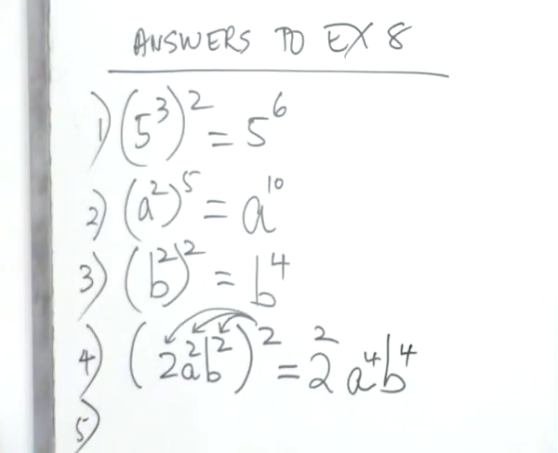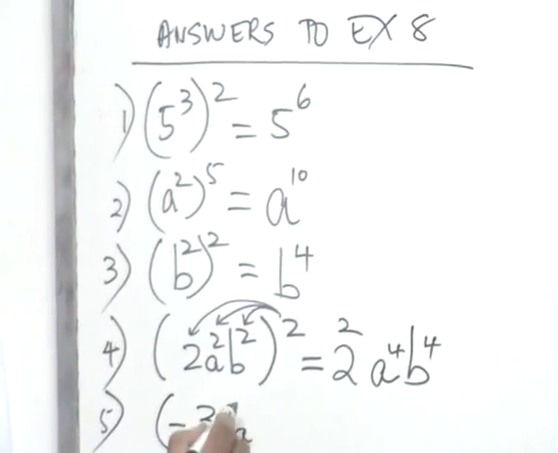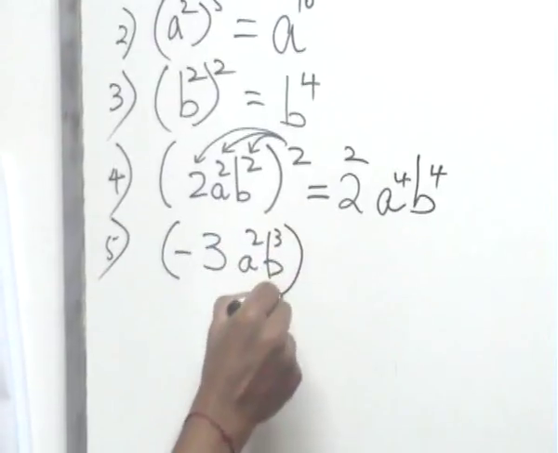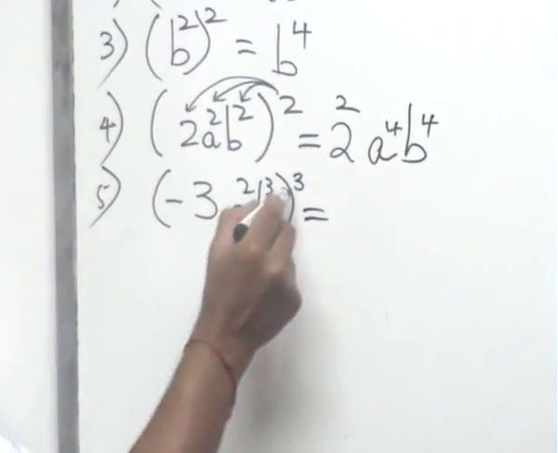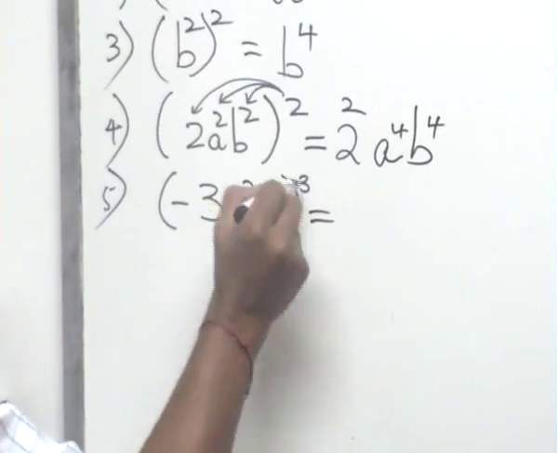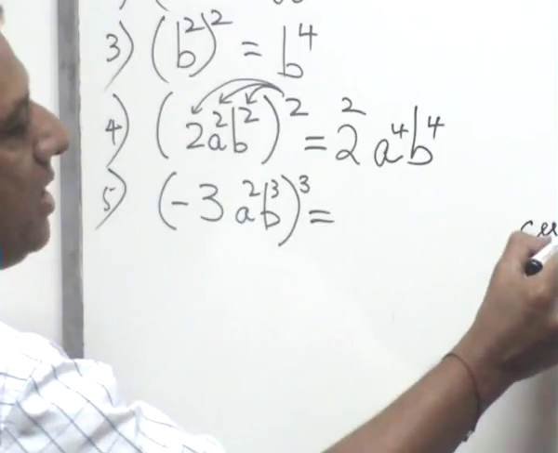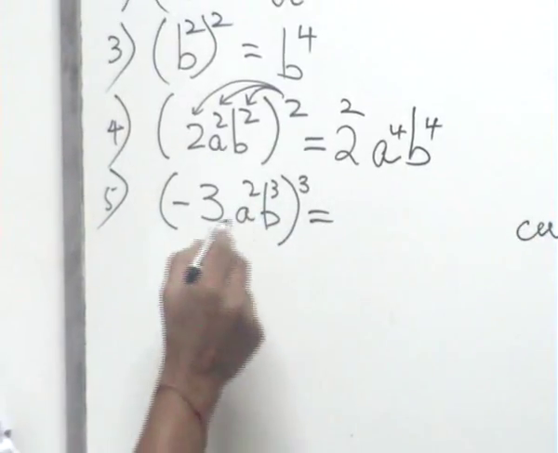Number 5, open bracket, minus 3a squared b cubed, close bracket, to the index 3. I can say to the index 3 or I can say cubed, C-U-B-E-D. See, I can say index 3 or I can say cubed. So this will be